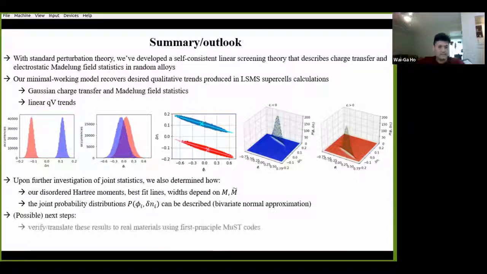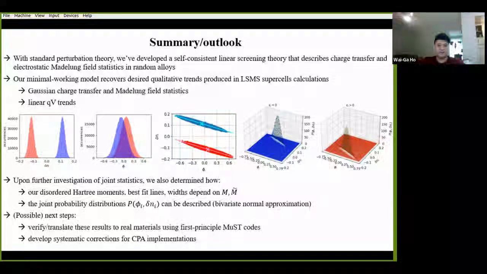And now, for the last point, for some possible research direction, it might be good to extend these results and then see how well they hold up in real materials when treated more rigorously from first principles. And this is something that maybe I might be able to contribute to the story. For instance, maybe we can try constructing these response functions using the Musk codes, and then using them to reproduce those QV trend lines and such. And if things work out pretty well, this will also open up an avenue to add systematic CPA corrections, like was done in the previous Musk paper, but maybe in a more practical manner, since the QV trend lines would be produced using our simpler linear response formulation, rather than running through all the LSMS calculations every time.